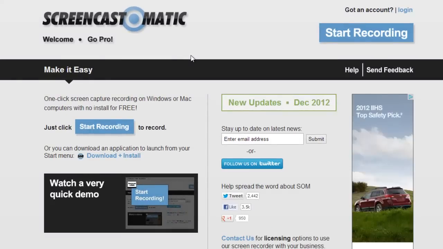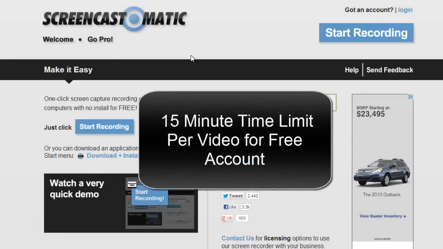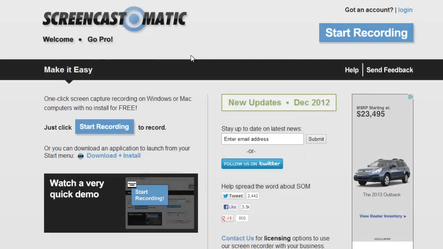One of the things I like about Screencast-O-Matic is that it's web-based, so there's nothing to initially install on my computer, and the free account offers a generous 15-minute limit for videos, which is definitely longer than other tools, and 15 minutes is a pretty good cutoff. I typically don't like to create any videos even over 10 minutes, so 15 minutes really helps to keep me